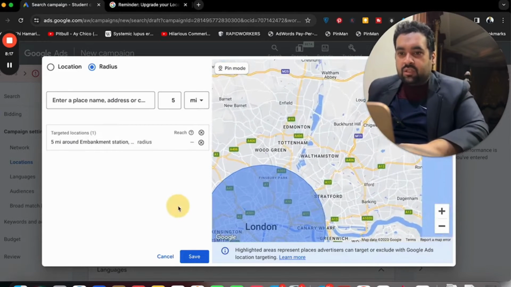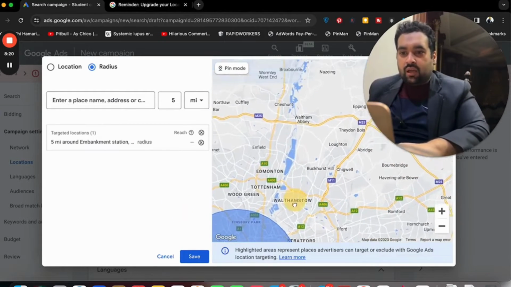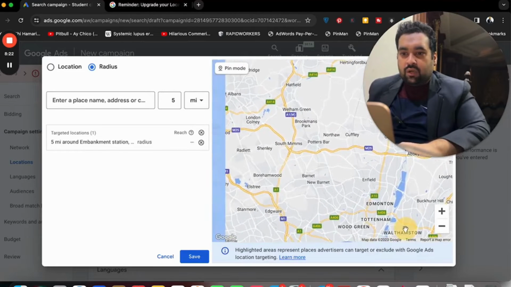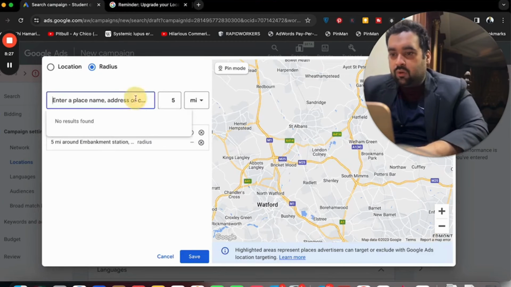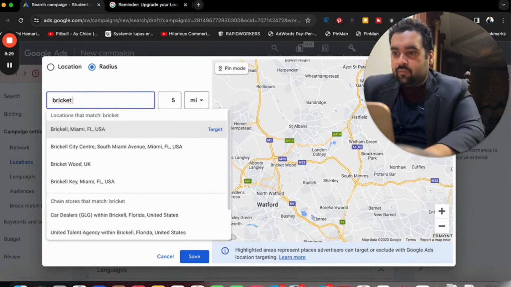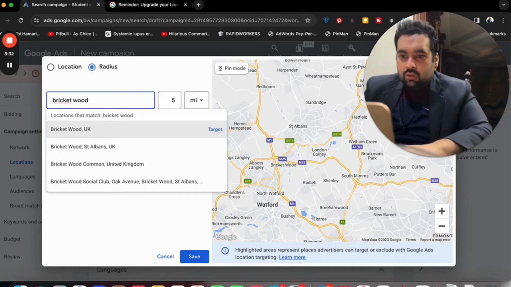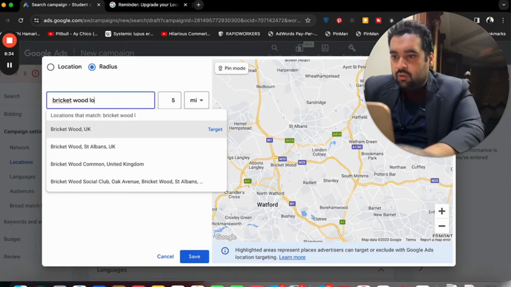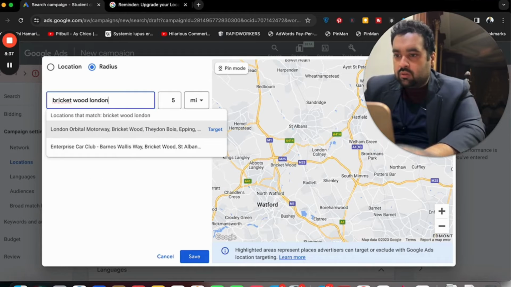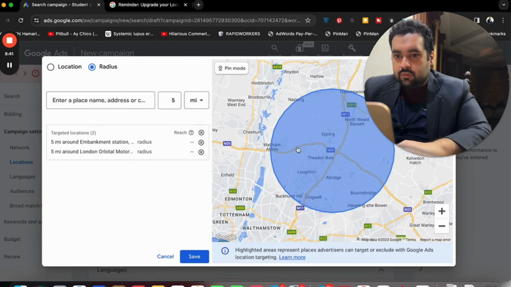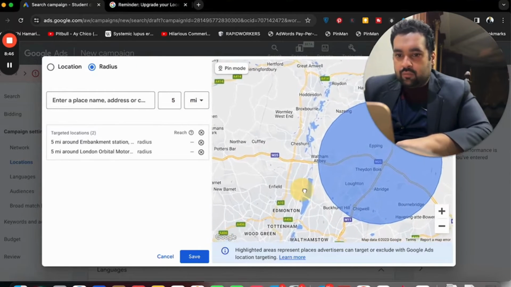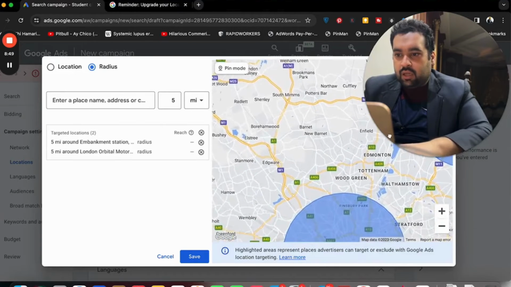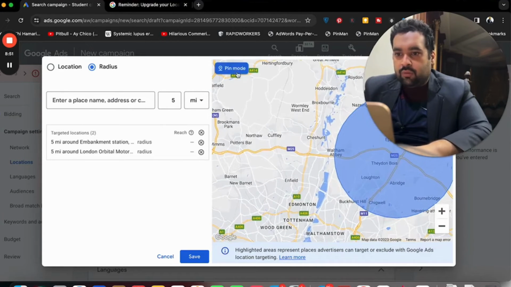And for instance, if you have multiple shops in different areas, you can target the other one as well. For instance, you have another option over here, like in Bricket Wood, we can target Bricket Wood over here. So here I am targeting Bricket Wood. And so here is the thing that I am targeting, and I can do even pin mode, and